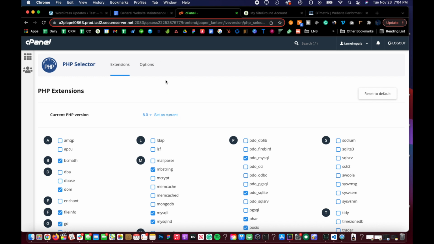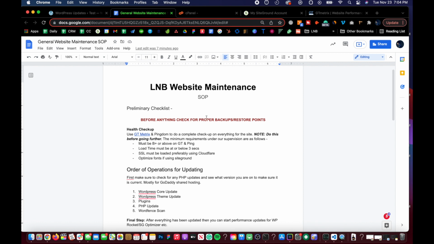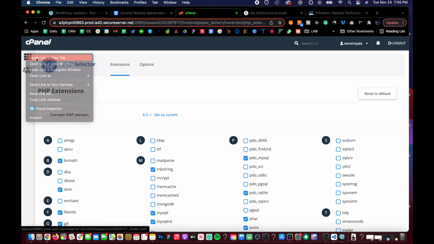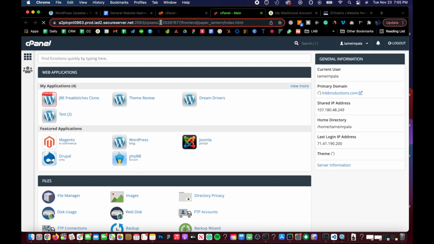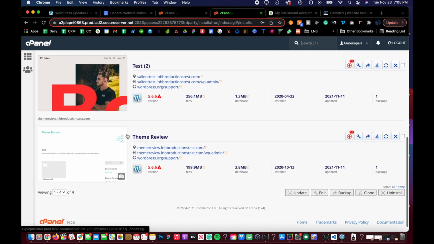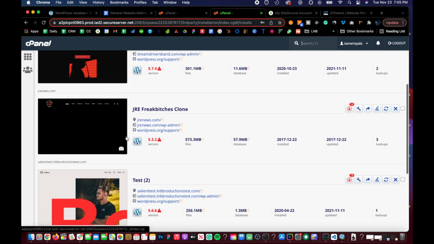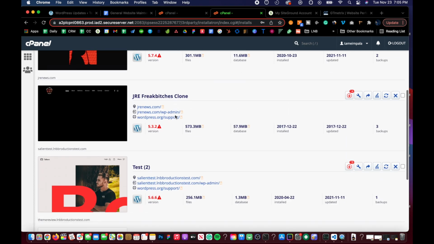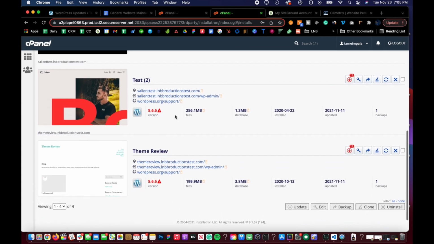Luckily, also, before you do any of this, like I say here, before anything, check for proper backups and restore points. I do have backups and restore points on everything, but just for safekeeping, let's go ahead and check that, because we're professionals, correct? Yeah, I was just about to change everything just because, YOLO. I do a lot of YOLO stuff. My bad. But okay, none of these sites are really that valuable if they're the clients'. Obviously, don't just upgrade the PHP if it's a client site. Make sure you have things updated. And if something usually goes wrong,